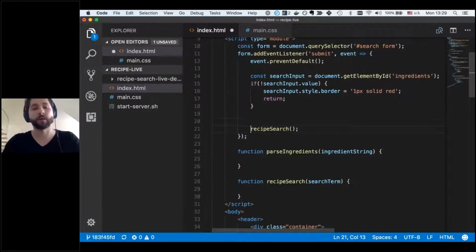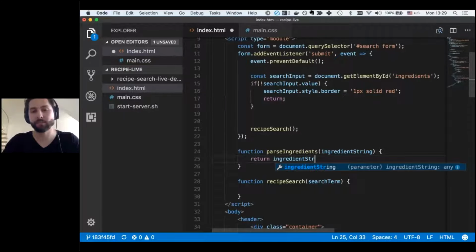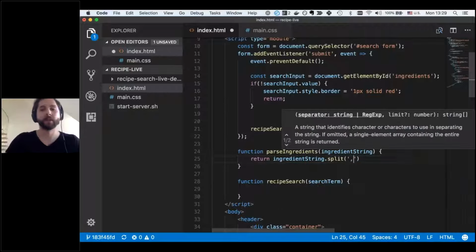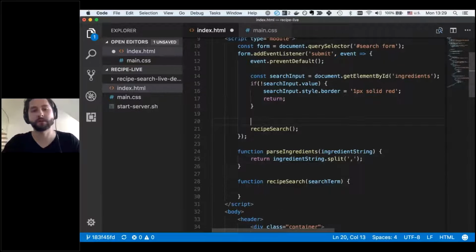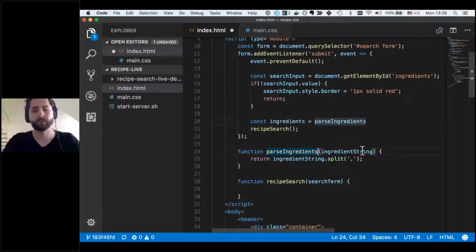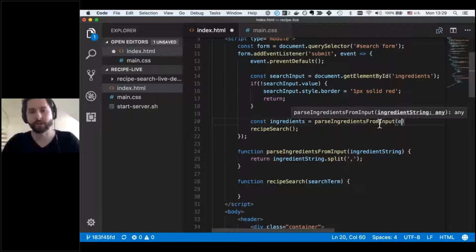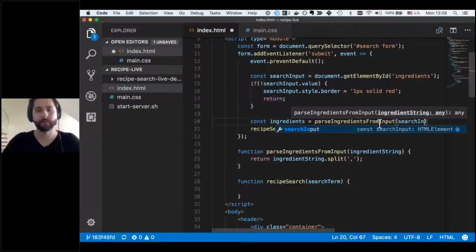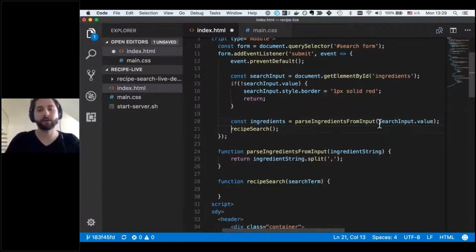So what I will do here is say, well, return to me the ingredient string dot split. It's a very simple parser, right? So I say, well, const ingredients, let's call it from input. And we say search input the value, right? And so now recipe search receives a list